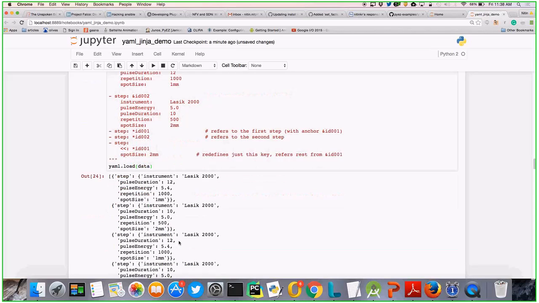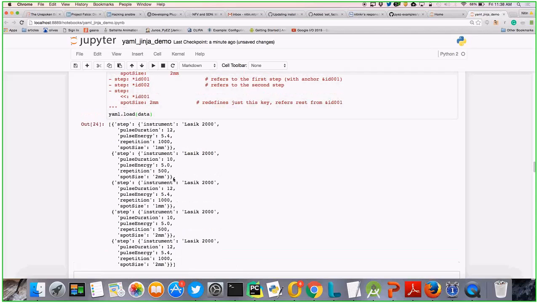So if you run this, you'll see for the first one we had a sport size of 1 millimeter, but here you have 2 millimeter. But this is just for training purposes; I've never used this in my last 2 years of career. So this is what you have in YAML. You don't have much. You have other things where you can convert your integer to float, but this is what you have, and this is the max you can be using.